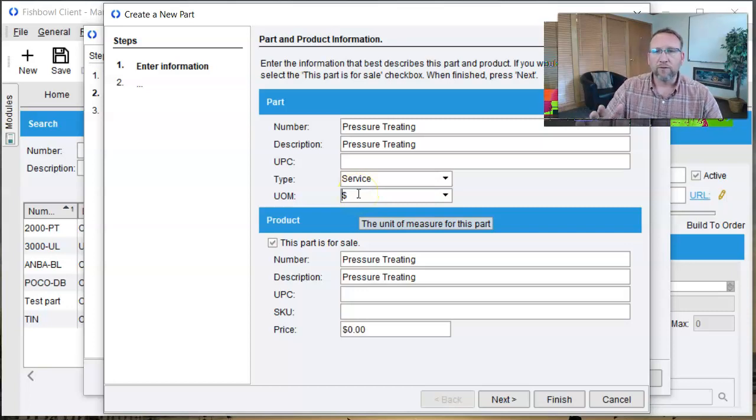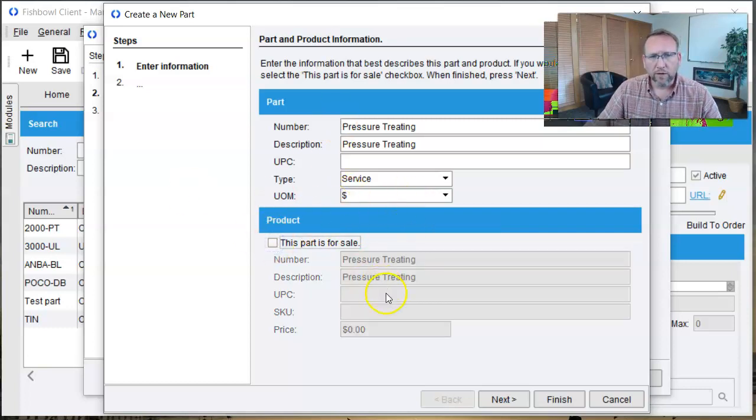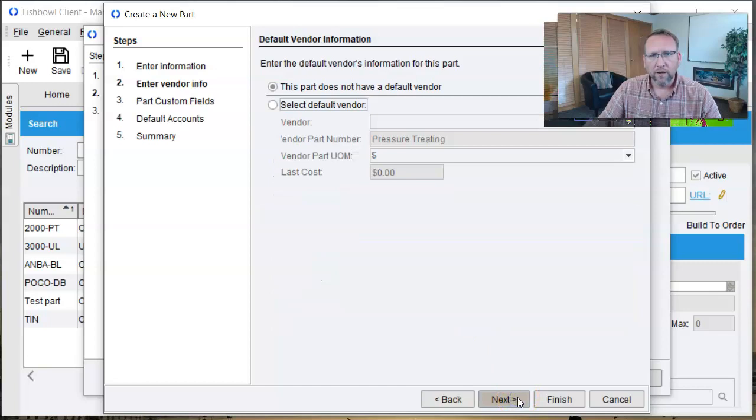We pay for the service, right? Your vendor is going to give us a bill. He's going to charge us a certain dollar amount to perform this service. We never sell this, so I'm going to take this off here. And